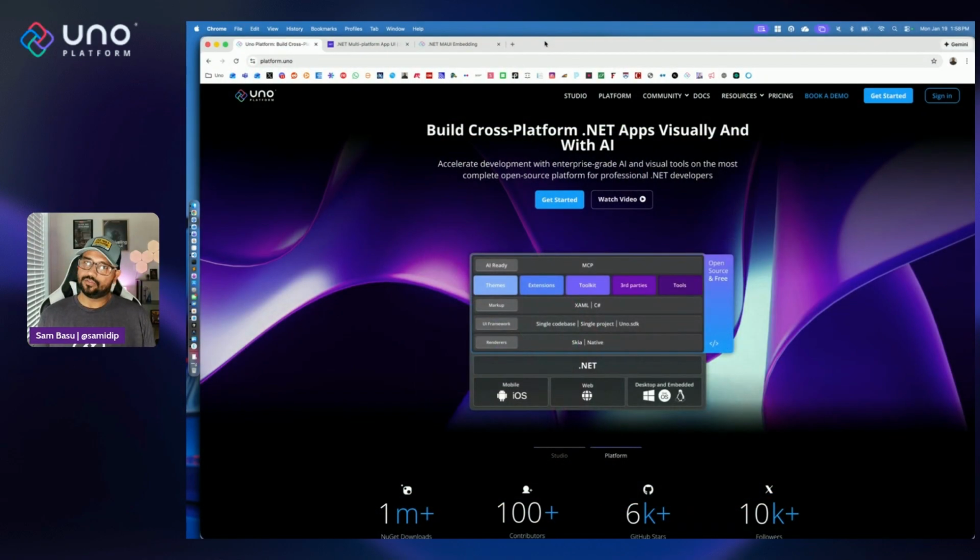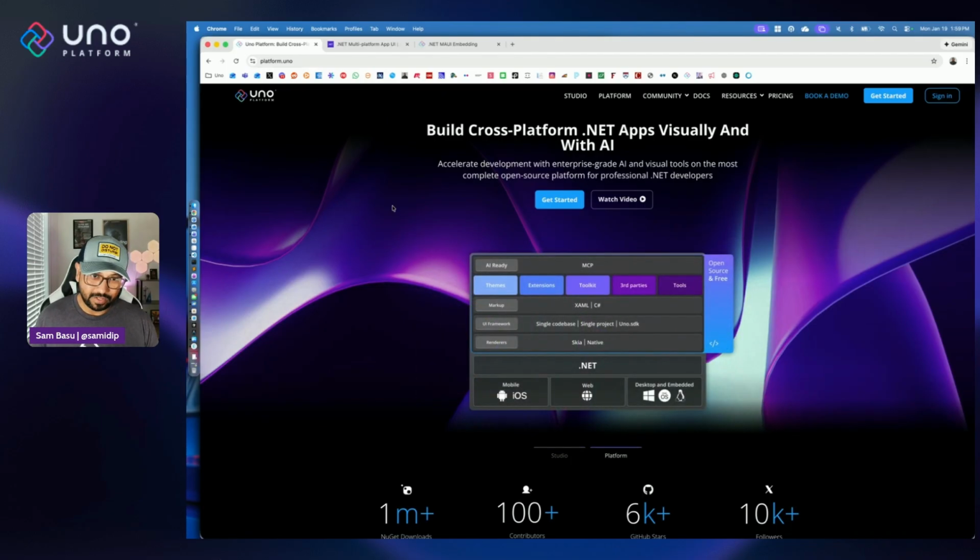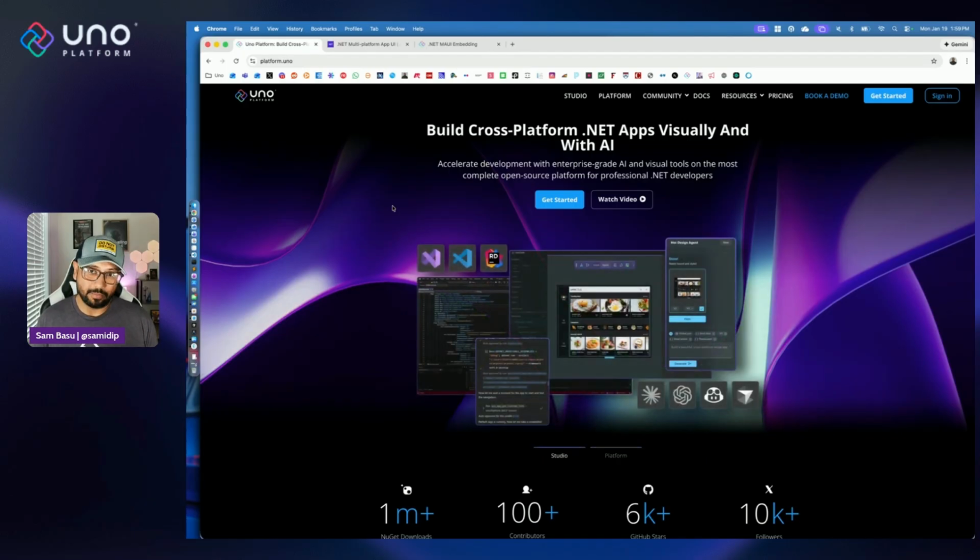So you may have heard of this term .NET MAUI Embedding with UNO platform. What is it exactly? How does it work? And are there any caveats? So let's dive in. UNO platform is the open source stack for you to build modern .NET cross-platform apps visually